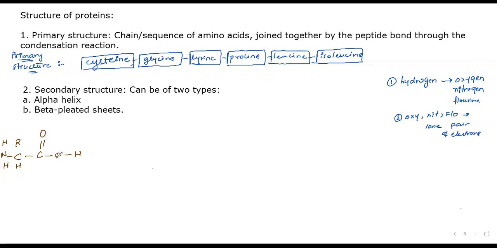That doesn't mean that it will take them completely. No, it's not an ionic bond. They will still be sharing it, but they will sort of shift, they will sort of move towards one of the atoms. So it's not like an ionic bond. It's not like it will take those electrons. It's just that it will sort of pull them towards itself because it has a bit more attraction towards the electrons. So that is what oxygen will do over here.